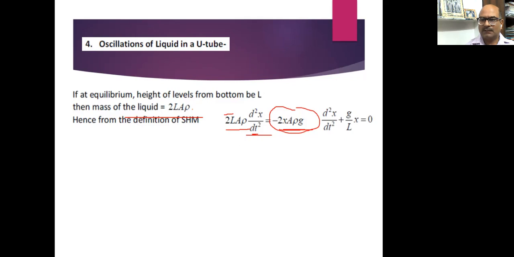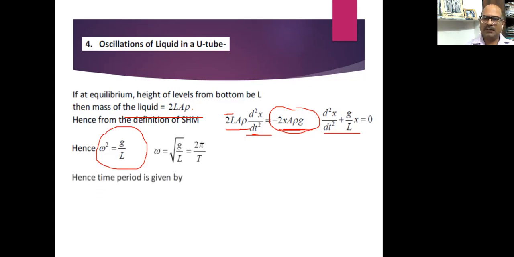If we solve it, then we can find d2x by dt square plus g by L x is equal to 0, or omega square is equal to g by L. So as soon as we find the value of omega square, we can easily find the value of time period. So T is equal to 2 pi under root L by g,